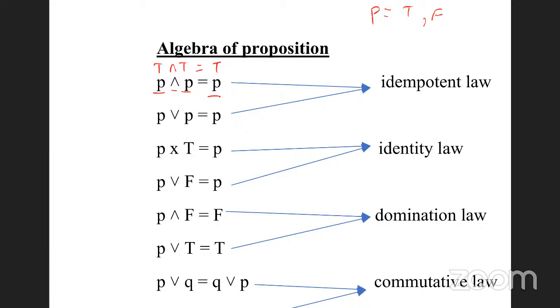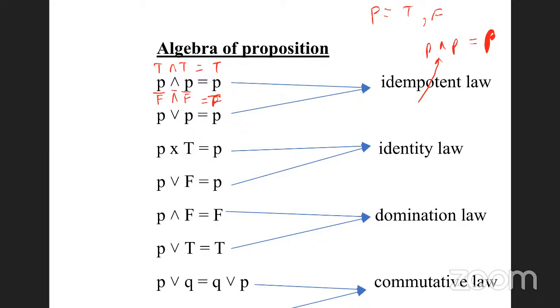If we had false and false, what will you get? False. So what does that mean? P and P will always give you P. So once you know the truth table for conjunction, you don't have to learn these off,